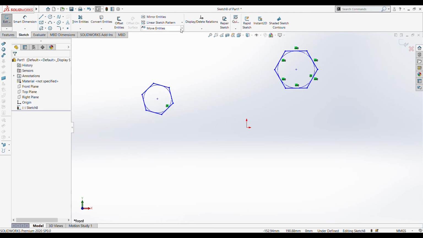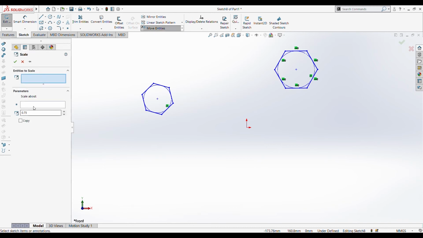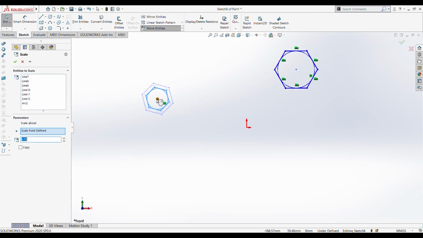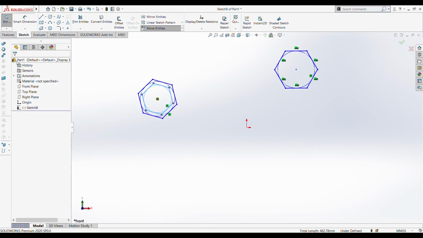If I want to retain the original version also, I can select copy, select the entire hexagon, and scale about this. Now if I want a bigger one, I'll put 1.5, and I can retain a copy of that. So now I have the original one as well as the scaled up one.